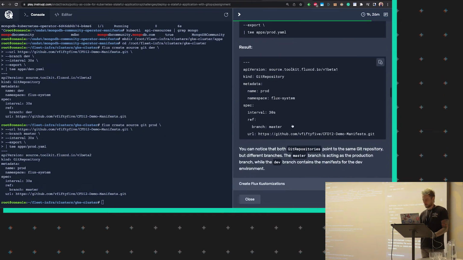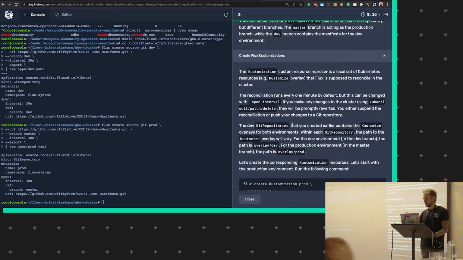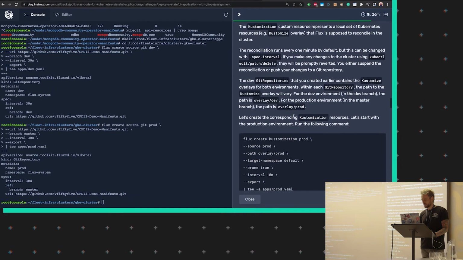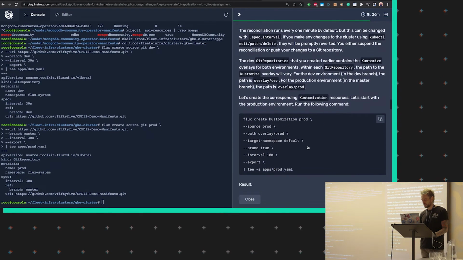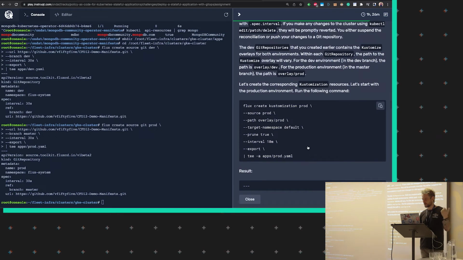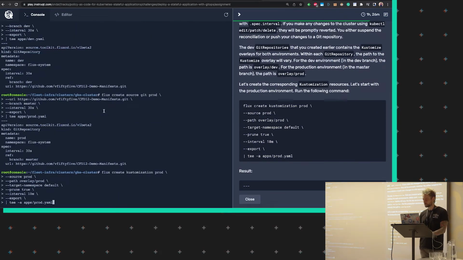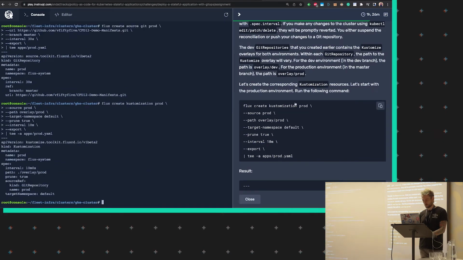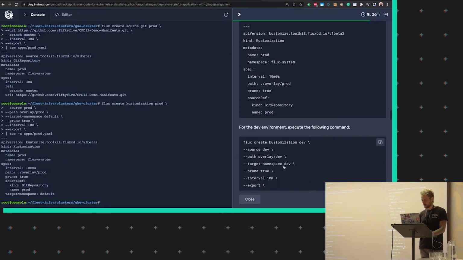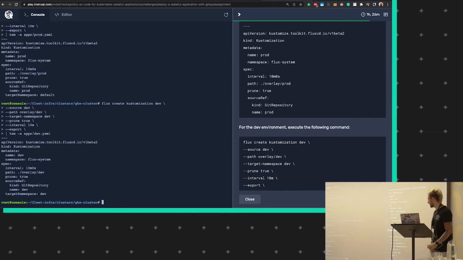And now we're going to add some information within those two files, the prod and the dev file. We're going to create customization. So we have created the source, now we create the customization. The first one is for prod. Again, it's just purely YAML. And for dev, here you go. So here, if you look at the